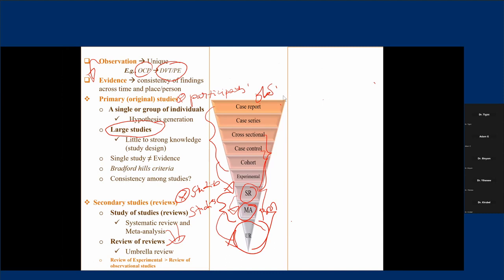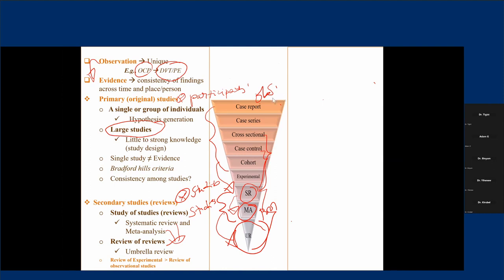So what's your role? Most clinicians admit, I'm not a researcher, I don't have any role in research, but even when critically appraised,